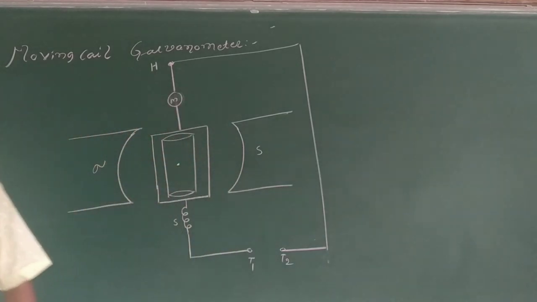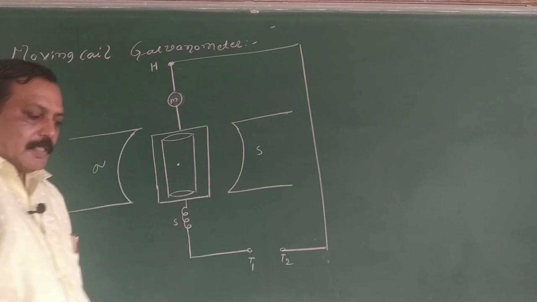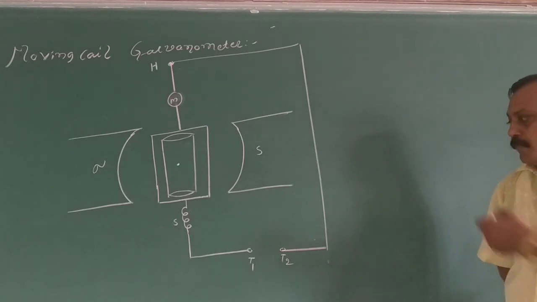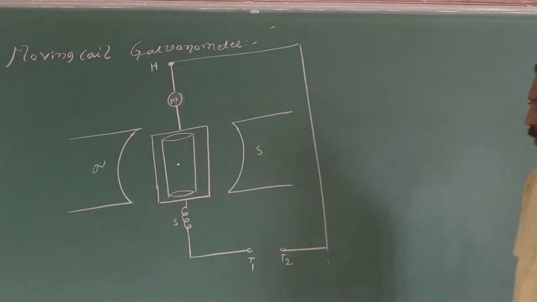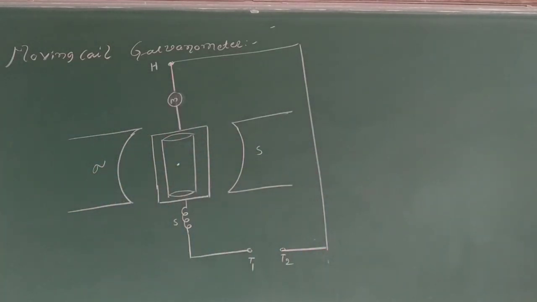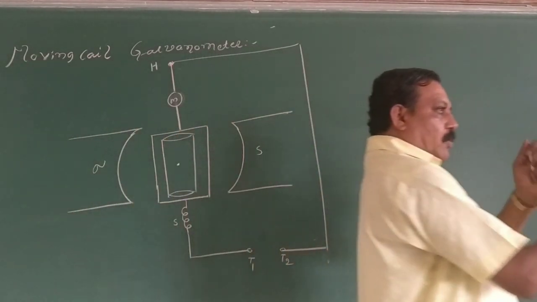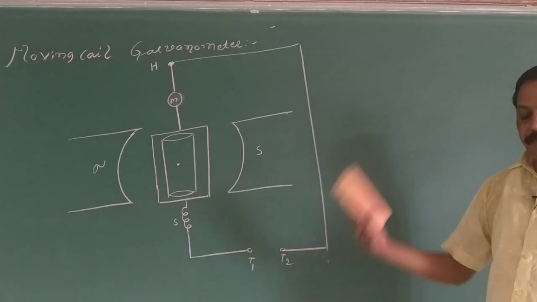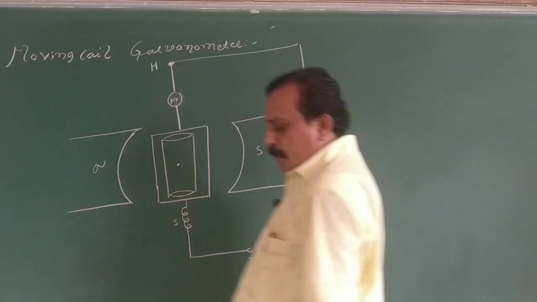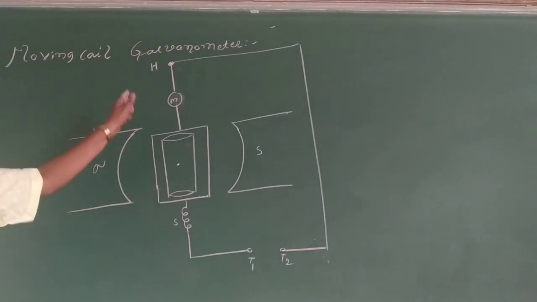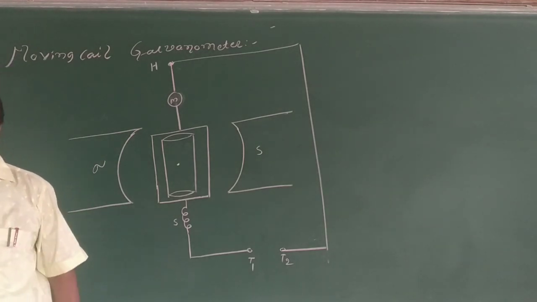The small, feeble amount of current is detected with the help of what? The lamp and scale arrangement. Now this is our arrangement. Then how does it work? By passing the current through the terminals T1 and T2, the current is passed through the coil. The vertical sides of the coil experience forces which are equal in magnitude but opposite in direction, constituting the couple or torque that brings the rotation in the coil. Due to that rotation of the coil, the mirror is rotated. The light is made to be incident on the mirror. The spot is available on the scale. By knowing the position of the spot on the scale, we can determine the current, and that method is called the lamp and scale arrangement.